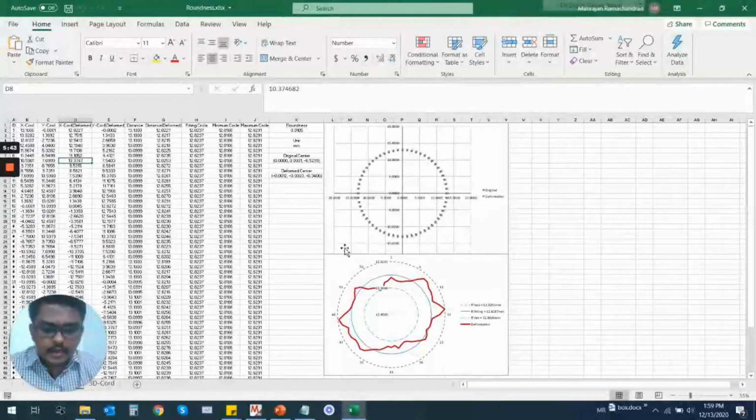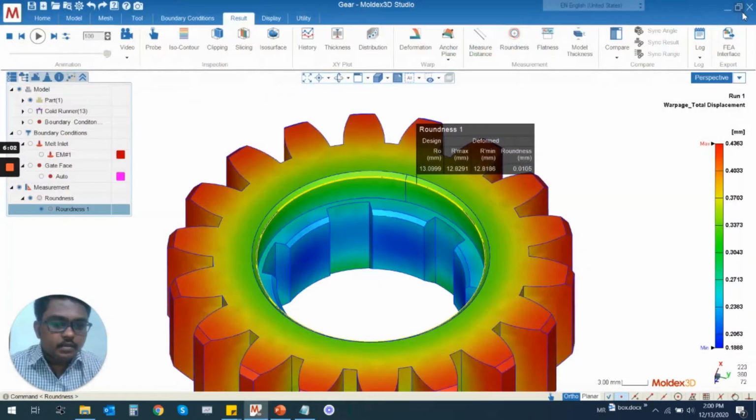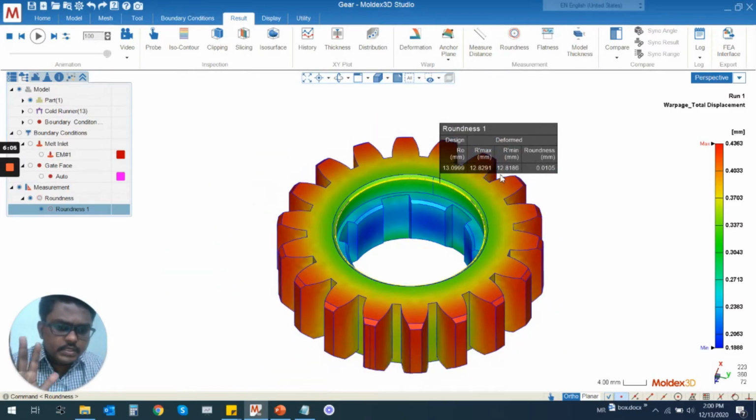That is very important. And then here you can get this kind of schematic diagram in each element, how my circularity is getting changed, whether it's like an oval or it will become an ellipse or something like that. Still we can get this kind of detailed chart. This detailed information will help you for your in-depth result investigation. So this is the first